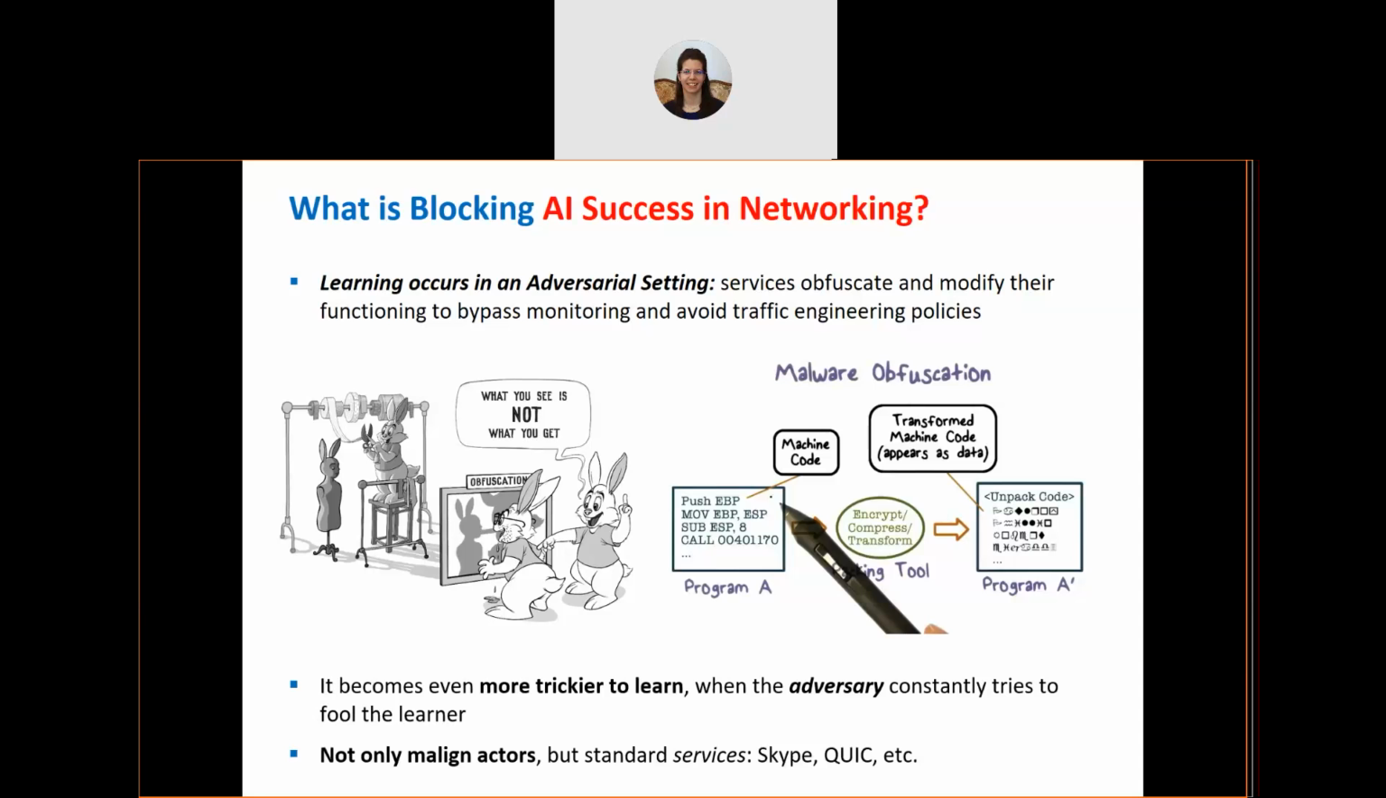avoid being detected. Again, we can say similar things about QUIC. There are different things that QUIC does to operate and so on. So all in all, sometimes we're trying to learn